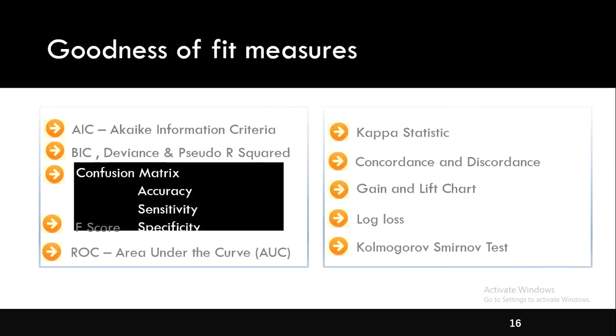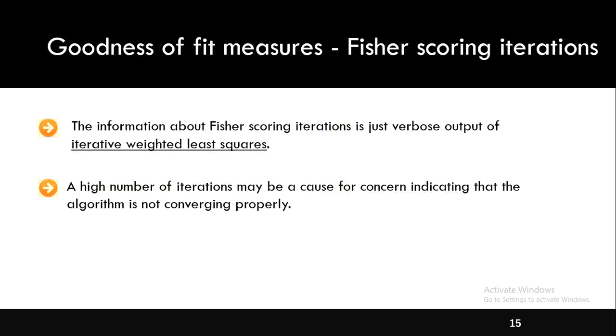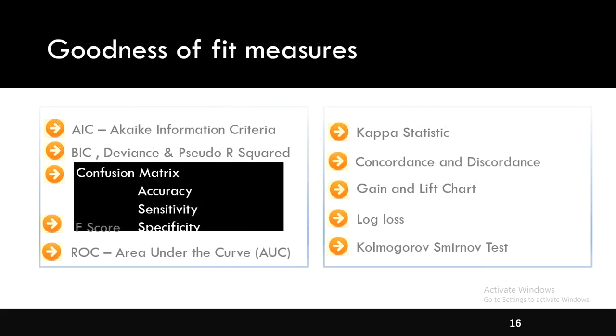To summarize, we discussed what is AIC, BIC, and the formula for both AIC and BIC. And we understood using both AIC and BIC we can perform the model selection. And also we understood the deviance measures like null deviance and residual deviance. The lesser the deviance, the better the model. And also we discussed pseudo R squared, and we have seen what is Fisher scoring iterations. In the subsequent video, we'll take a look at what is confusion matrix.